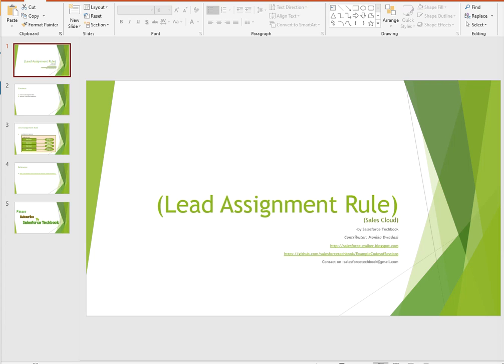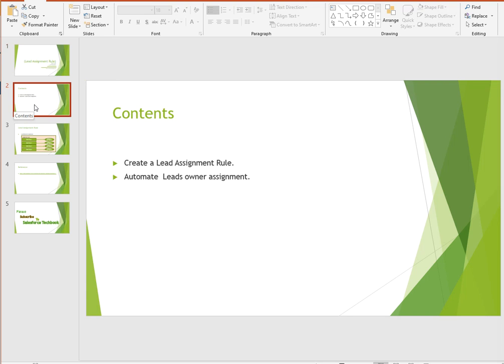If your organization has more than one sales rep, then distributing the incoming lead records manually creates some errors, right? To avoid this, you can use lead assignment rules, which automate your assignment process.